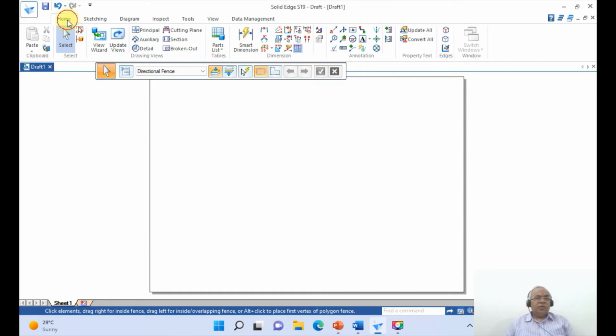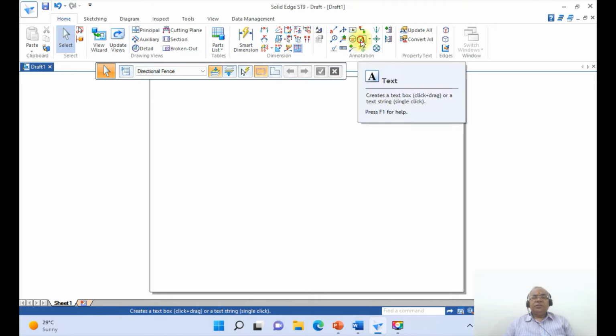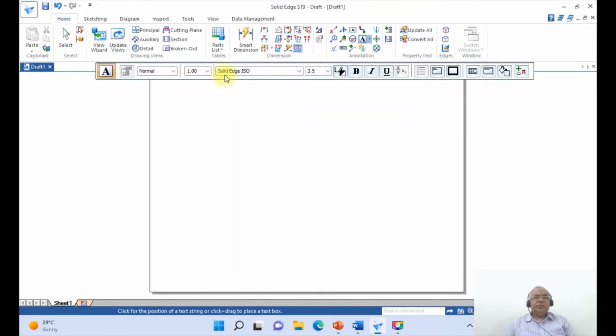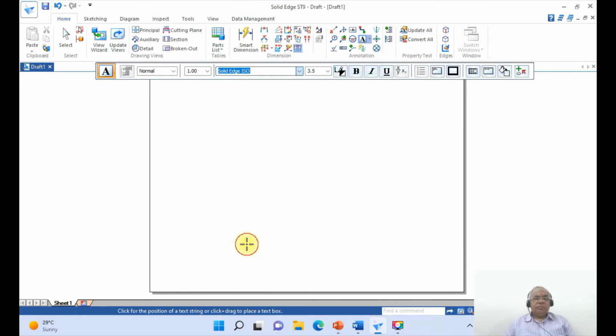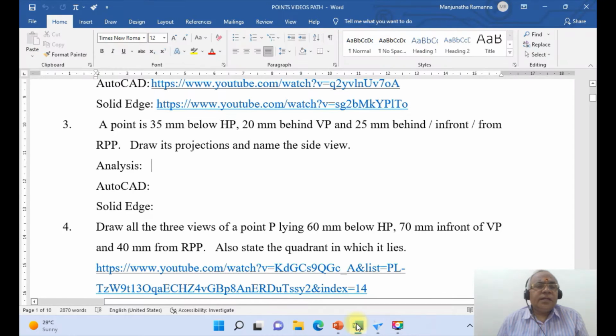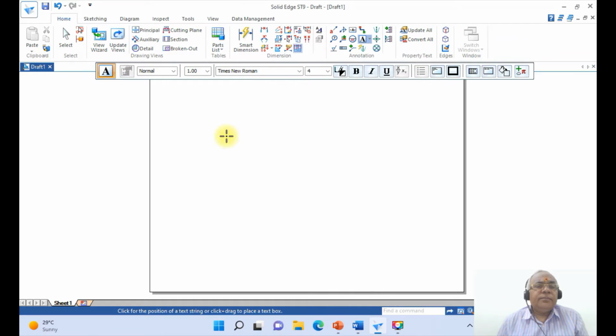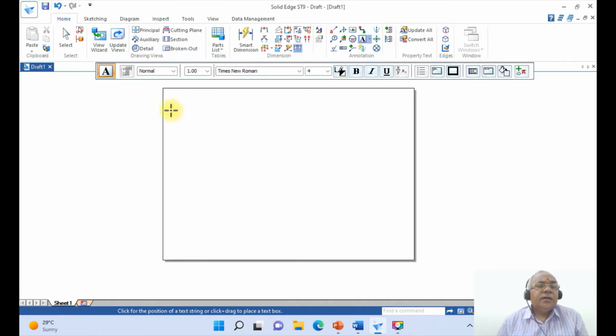Then go to home and click on annotation, and here go to Times New Roman, and then you just come down to the text height of 4 and draw. Here you just click over here and type problem number 3, and here you say a point is